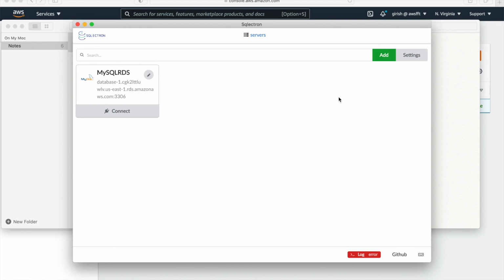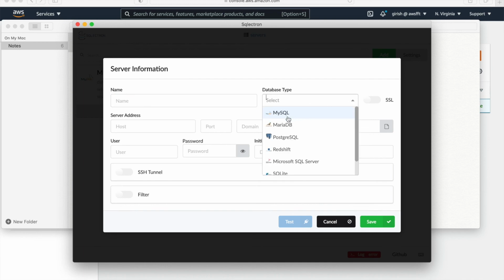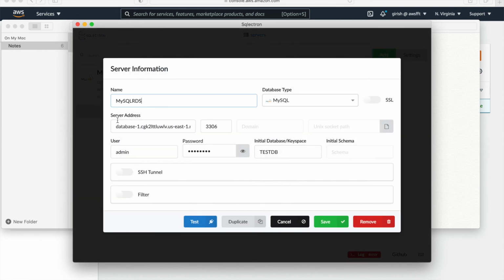You can download this tool and use it. You can add a data source, and these are the different database engines you can use this tool for. I just want to show you that. Here I created a source, and this is what information we would need.